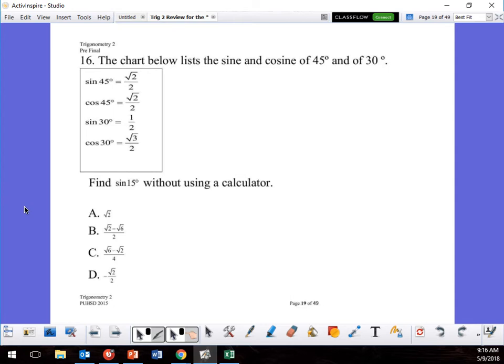So just using these numbers right here, I'm going to use a subtraction, right? If I want to find 15, I'm going to do a subtraction. Say yes. Yes. Because 45 minus 30 gives me 15. That's what I'm looking for, right? So it would be,